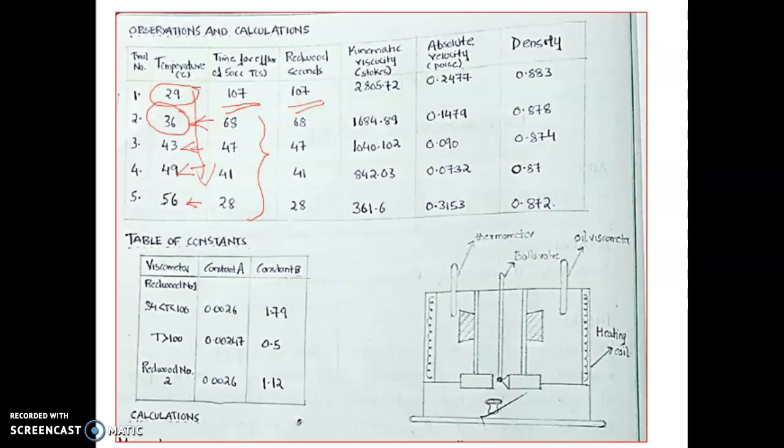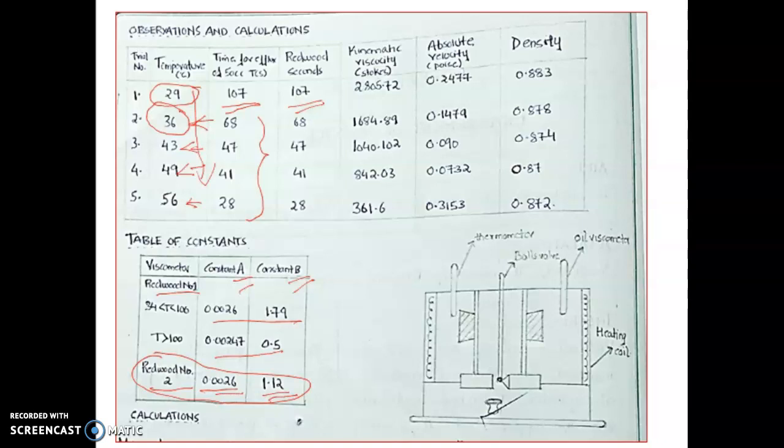We have two types of Redwood viscometers in our lab, Redwood viscometer number 1 and 2. There are two constants associated with these viscometers, constant A and constant B. If we are using Redwood viscometer number 1, from 34 degrees Celsius to 100 degrees Celsius this one is the constants, and above 100 degrees Celsius this one is the constant. But in our case, we have taken Redwood viscometer number 2,